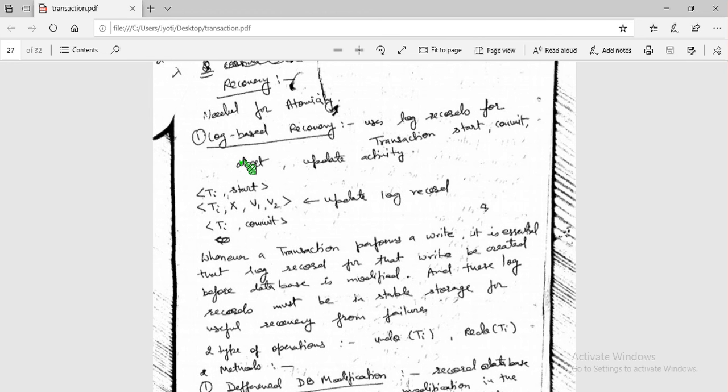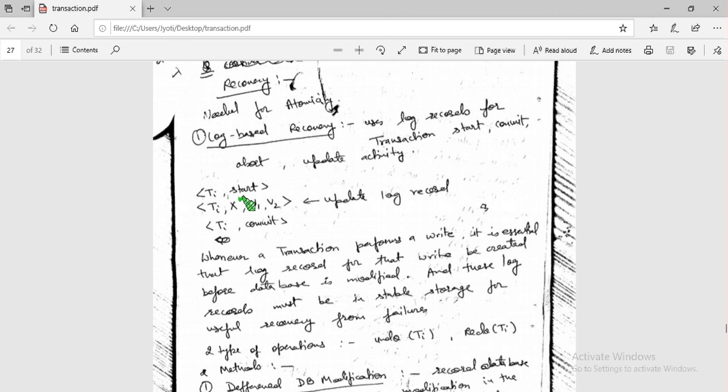When a transaction starts, we put a log. It is a kind of record that we put before performing any operation. So before starting any transaction Ti, we put a log Ti start. When we complete a transaction, we put a log Ti commit.